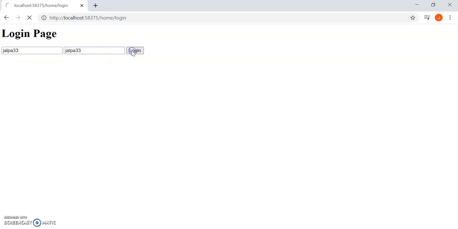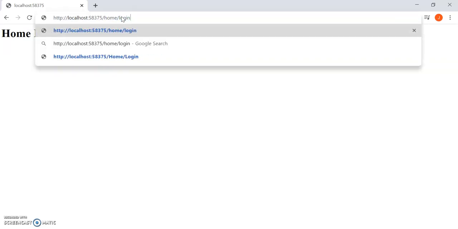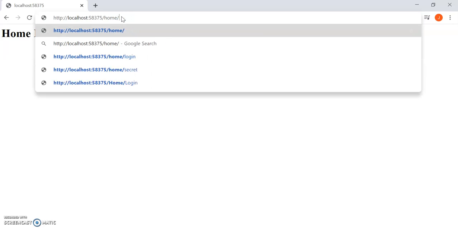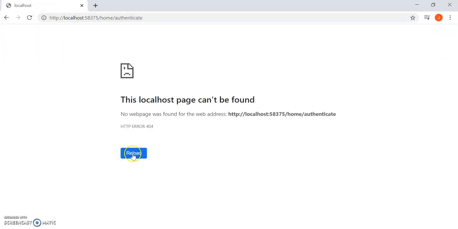So here I log in, and in the background it will generate the token. When I'm going to home, it shows a home page, but when I'm going to authenticate, it shows me the token. But right now it's not working.